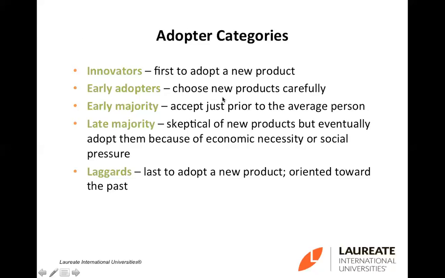Okay, now if you look at the diagram, there's a diagram basically. The early majority and late majority control most of the volume. Okay, more than 60% of the volume comes from the early majority and late majority. However, the innovators and early adopters play a critical role. All right, so marketers would need to convince the innovators and early adopters so the product could move to the early majority. If they fail to convince the innovators and early adopters, it's hard for them to move on to the early majority.